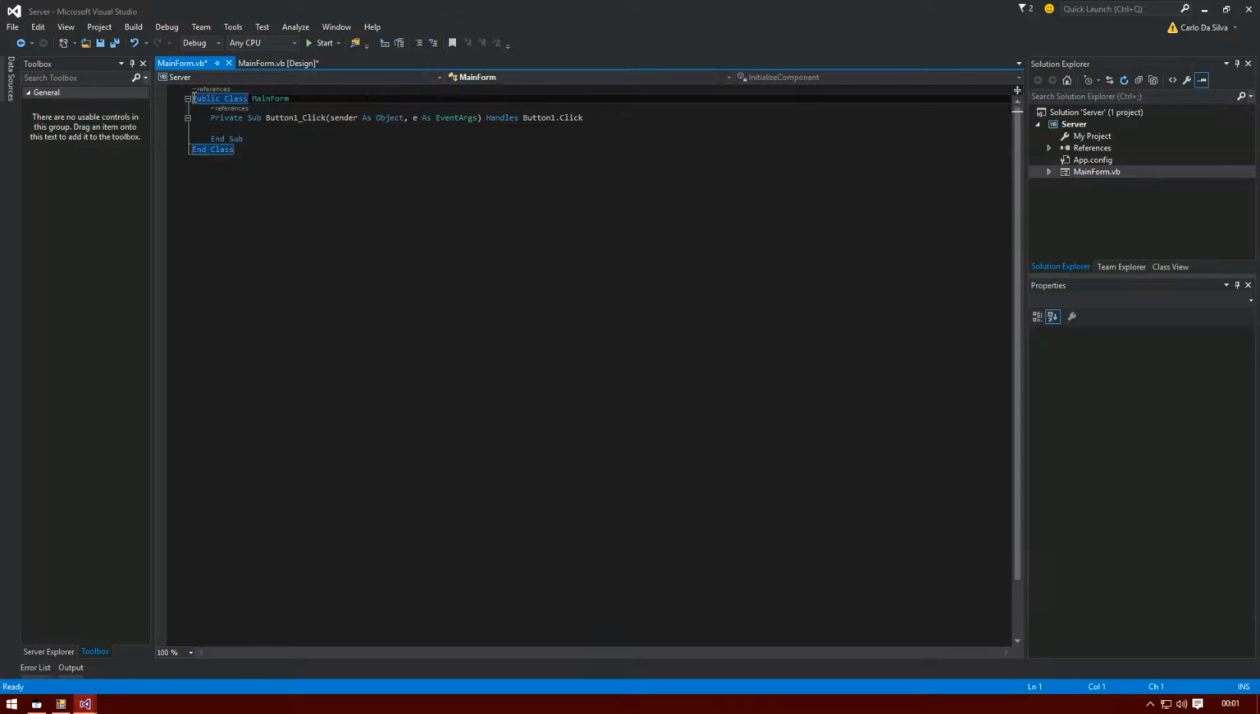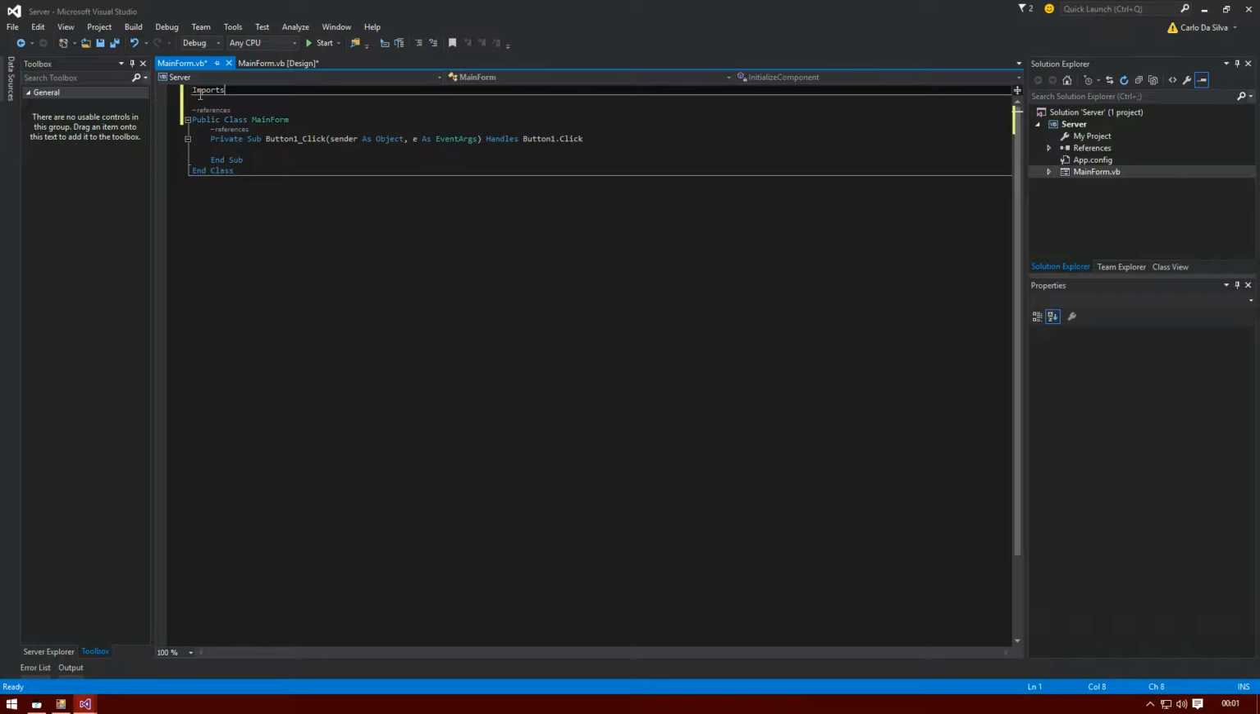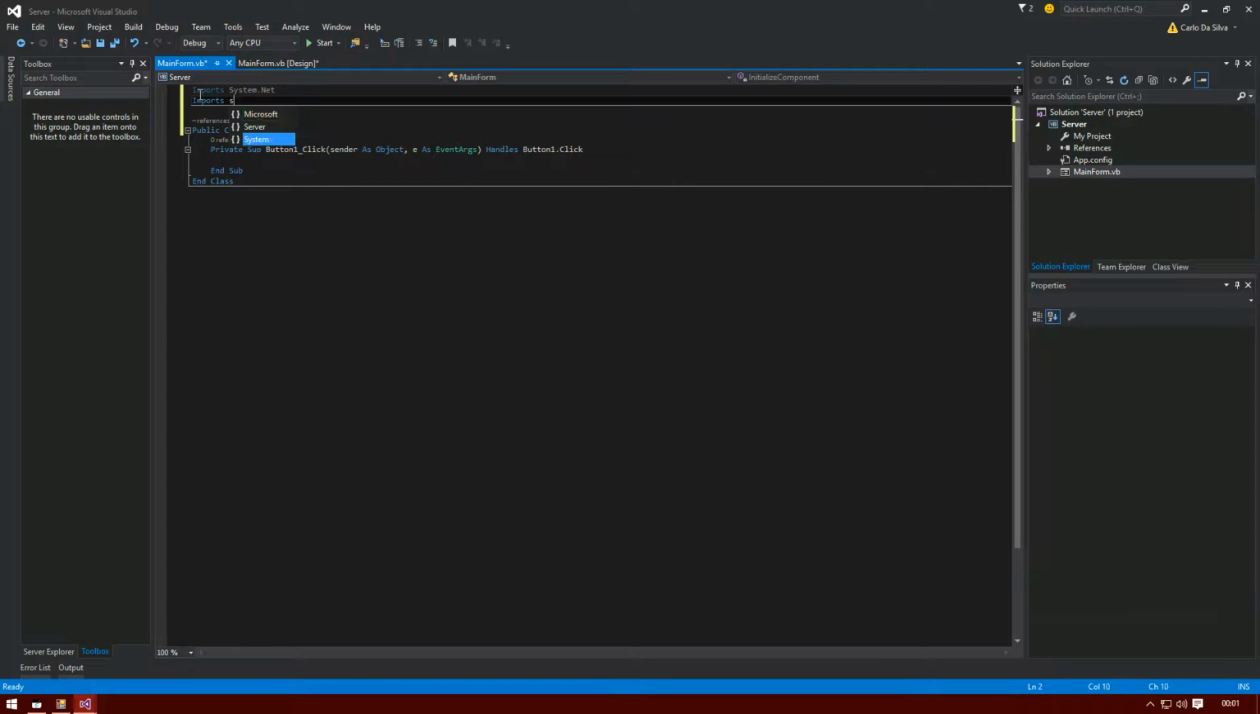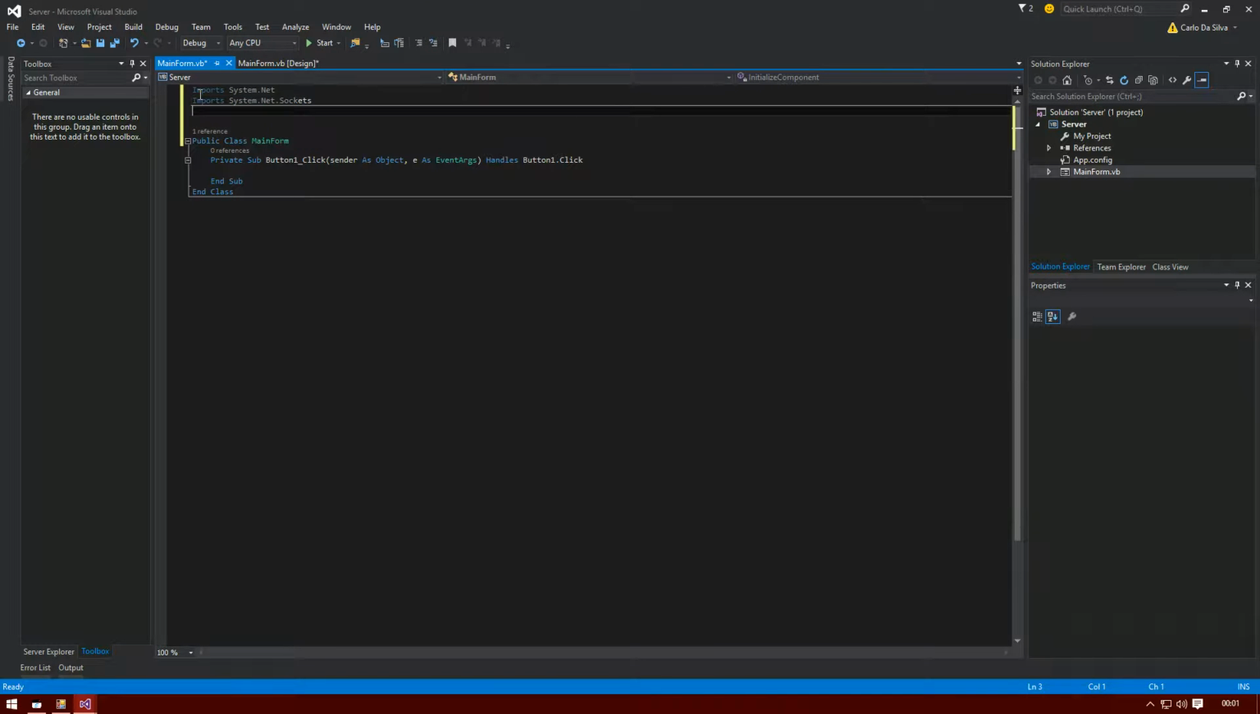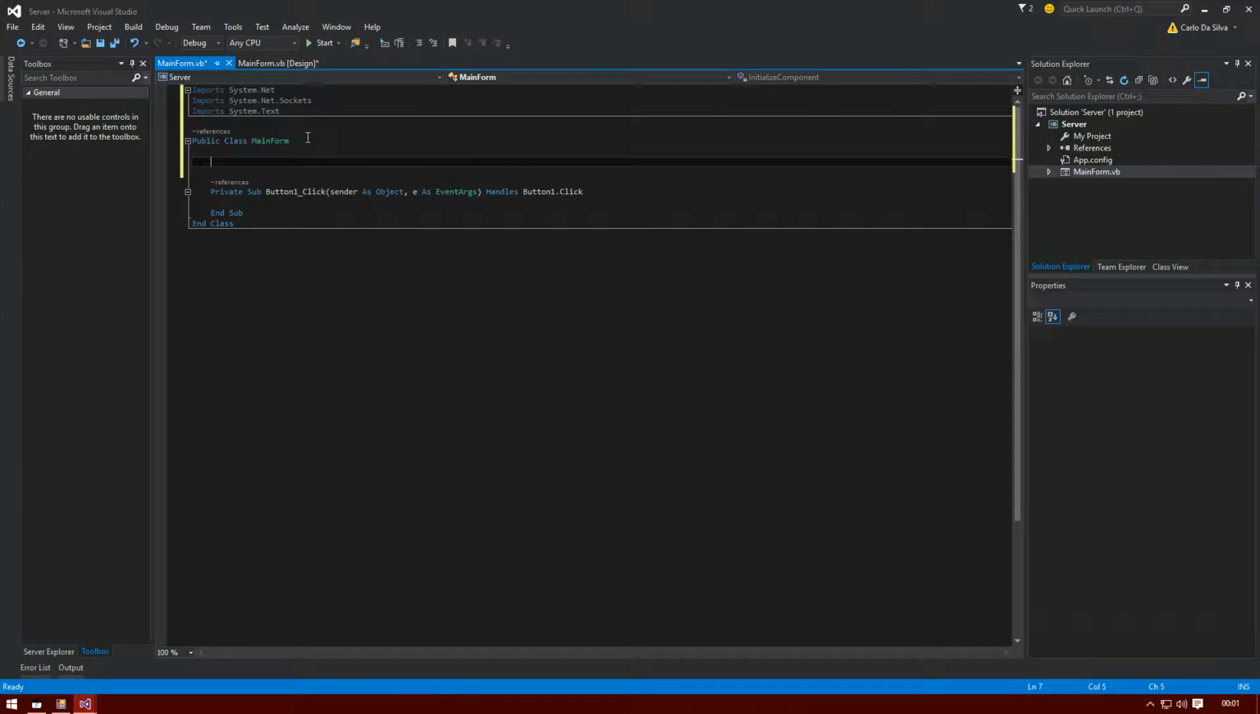Add our imports. Import System.Net. Import System.Net.Sockets. And then import System.Text. Okay. Once that's done,